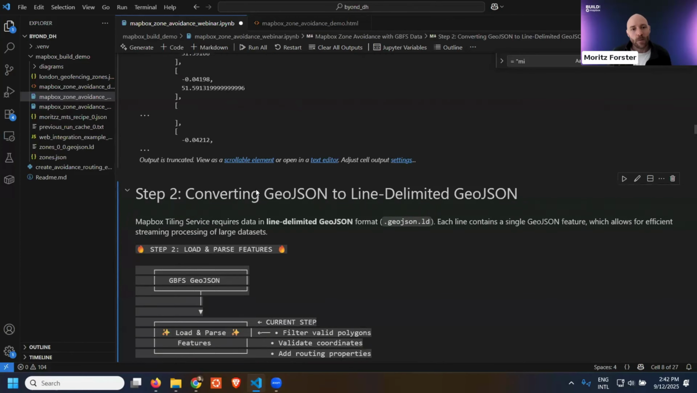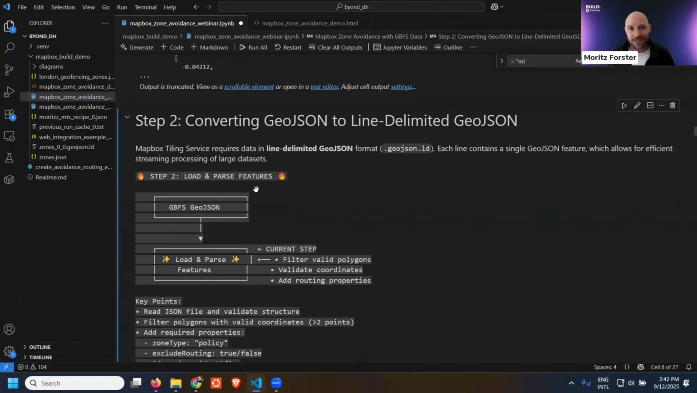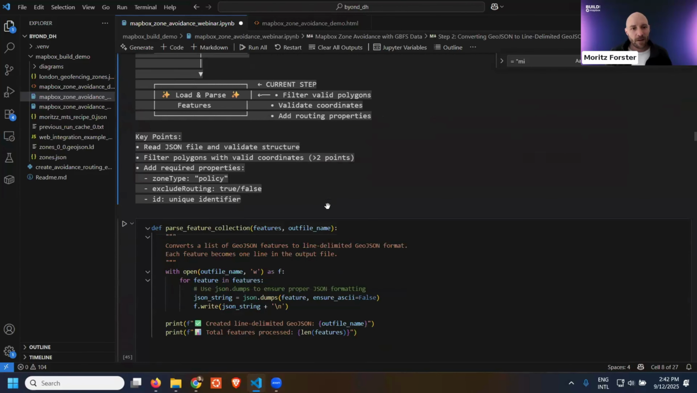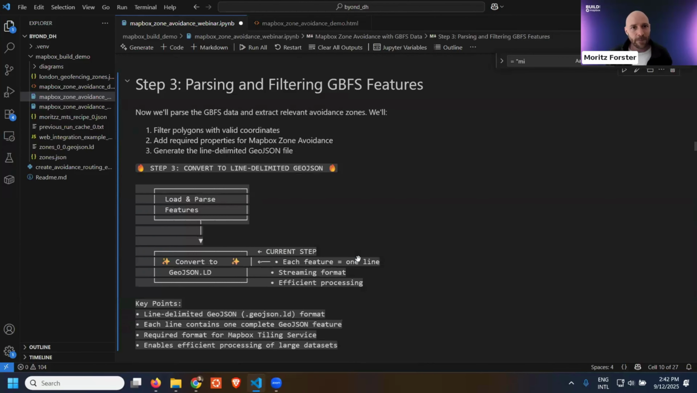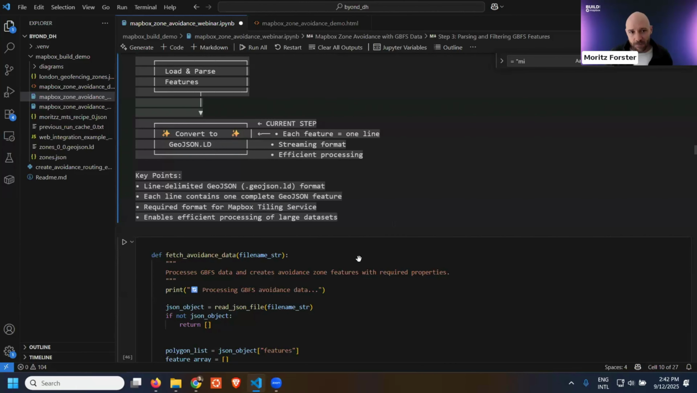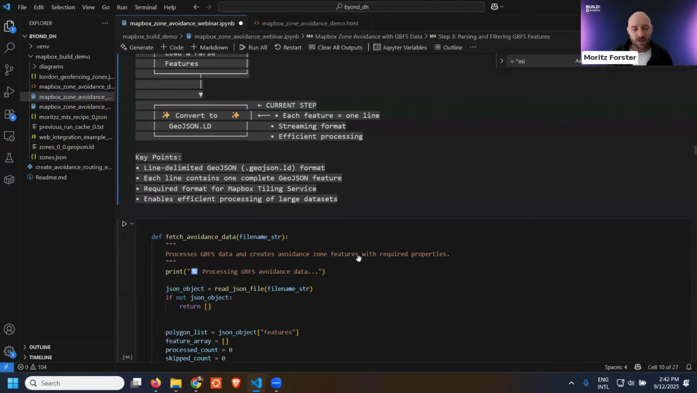All right, as a next step, we want to first filter, and then we want to generate a line delimited GeoJSON. So this first step here actually is a function that generates a line delimited GeoJSON. Let's just define this function. We'll get to that later. Let's first filter, because this is what we're going to do first before we generate